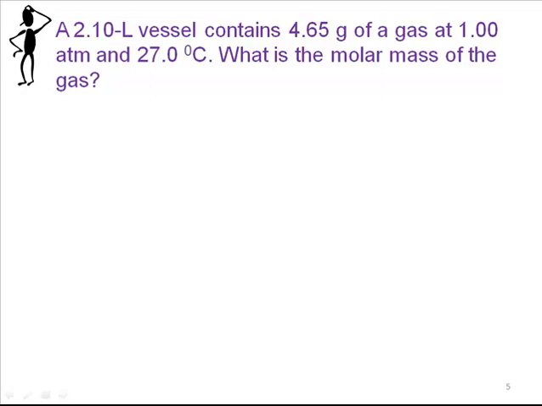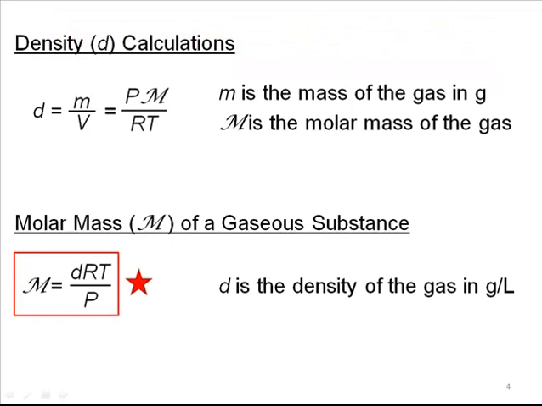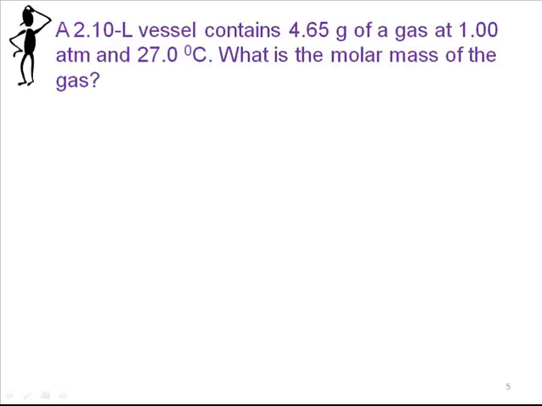So if we had a gas that had 2 liters and contained 4.65 grams, the densities of gases are given in grams per liter instead of grams per milliliter, because a gas has about 1,000 times the volume of a liquid, about 1,000 times. Liquid densities are given in grams per milliliter. Gases are grams per liter. This is why we can look at a liter vessel containing a certain mass of gas. The density of this would be